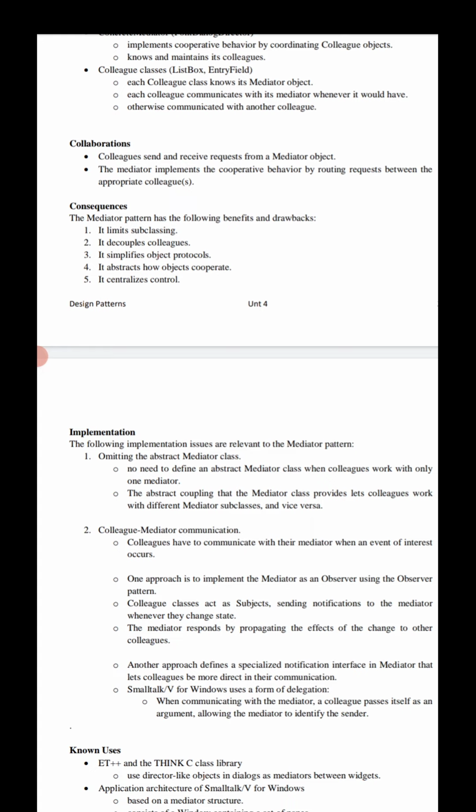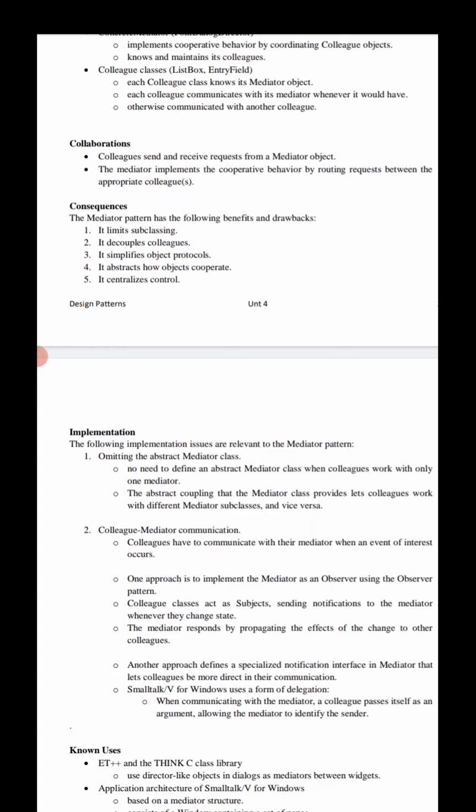The mediator implements the cooperative behavior by routing requests between the suitable, or appropriate, colleagues. It is the main concept of collaboration.